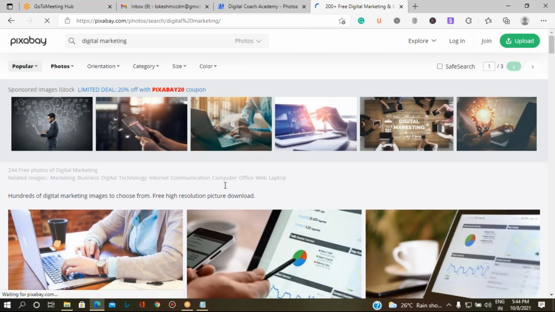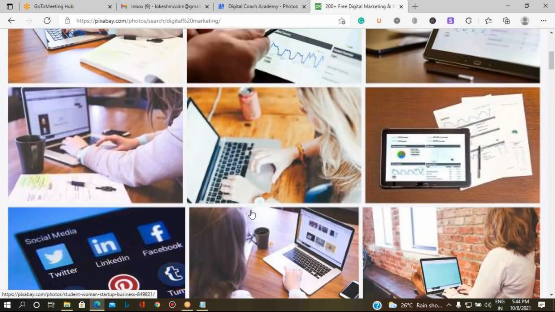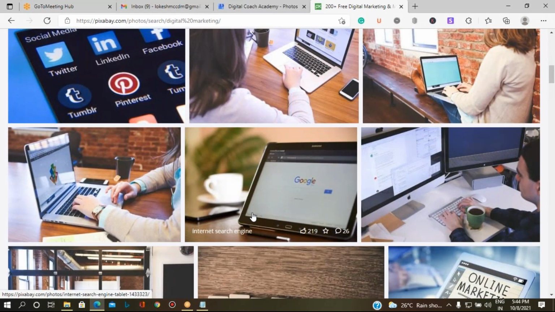You can get the images relevantly, and you can download them free of cost.